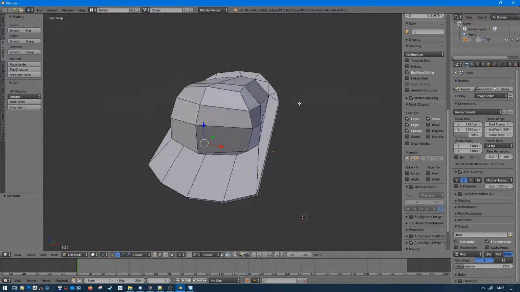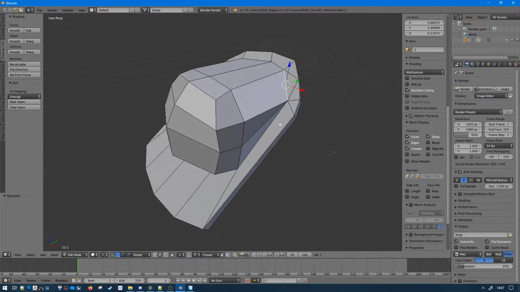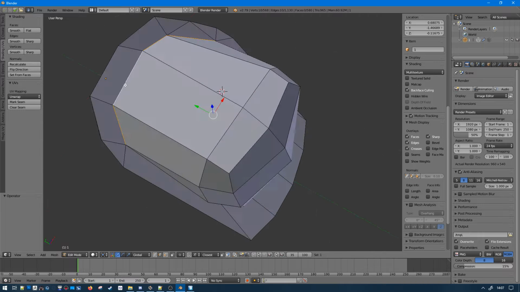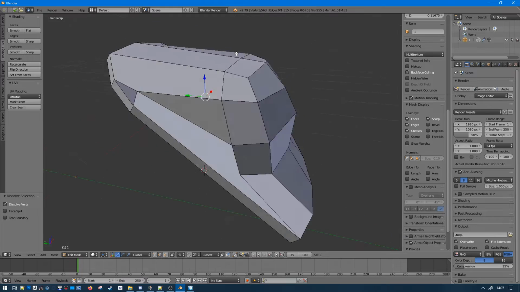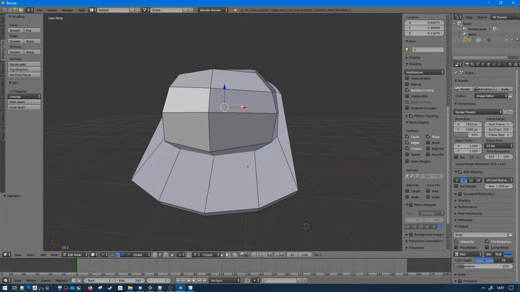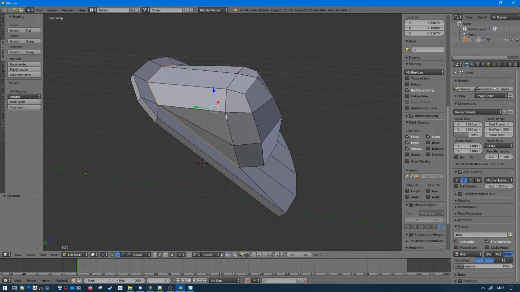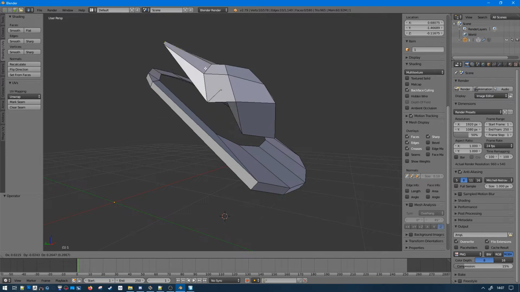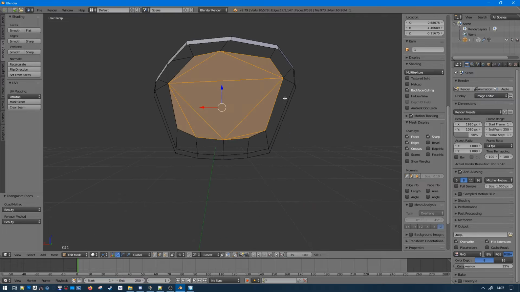So we come out with this, and here to avoid the engine doing something like that, delete and make it like a pyramid. I'm going to cut here with V and fill this hole.